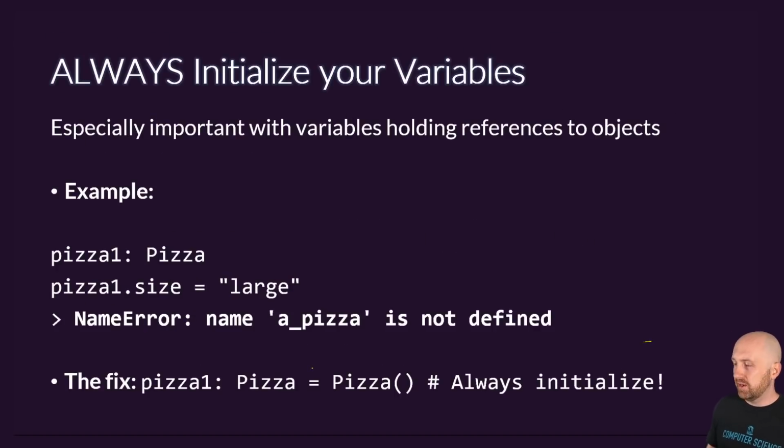I want to make a quick note that's important because it's sometimes easy to fall into an old habit of declaring a variable and trying to assign values to it initially. If we were to have declared a variable named pizza1 and given it of type pizza and not initialized it to be a new pizza object by constructing a new pizza object, and we then tried to assign to its attribute size, we would see that a pizza, or in this case, and actually there's a slight error on this slide. Let me correct this. This should have said pizza1